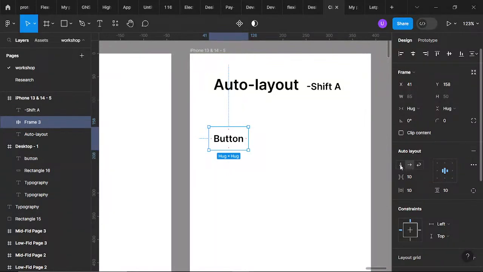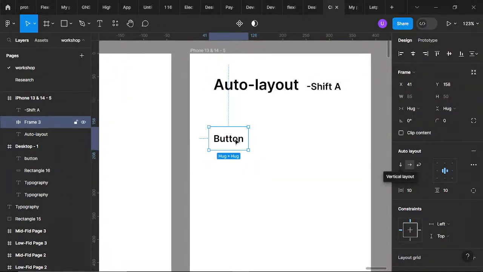Then we also have vertical layout, horizontal layout, and wrap. Let me explain it. Vertical layout is when you organize elements inside a container in a vertical row, in a vertical order.